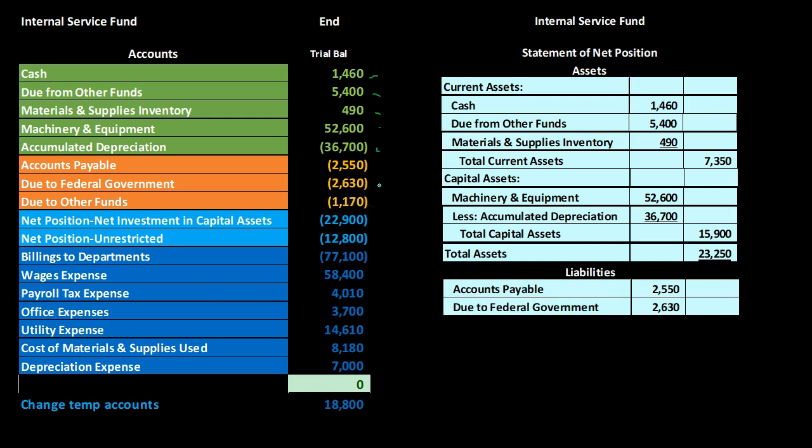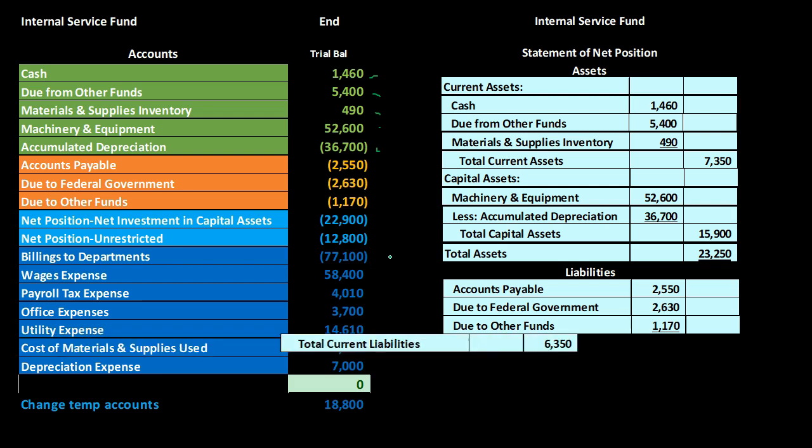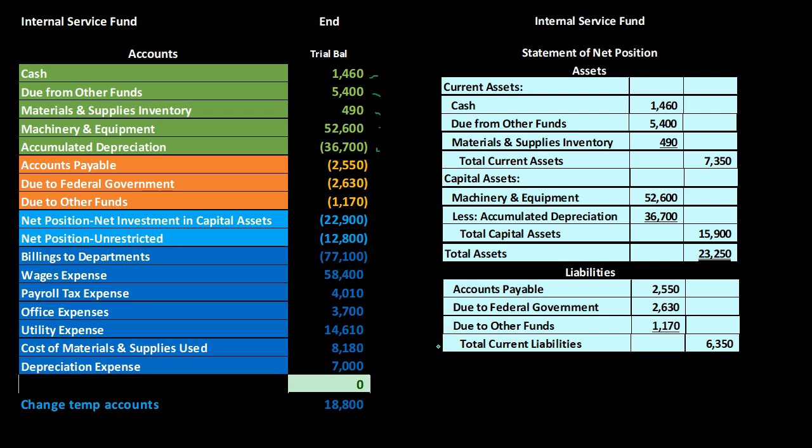We have the due to the federal government, the 2,630, and the due to other funds, 1,170. We pulled those into the inner column. Now we're going to add them up in the outer column, that being the total current liabilities. Now we see that term, current liabilities. We don't have any long-term liabilities, so of course this will be the only total for the liabilities. That at